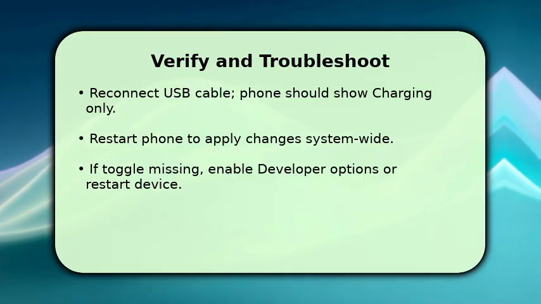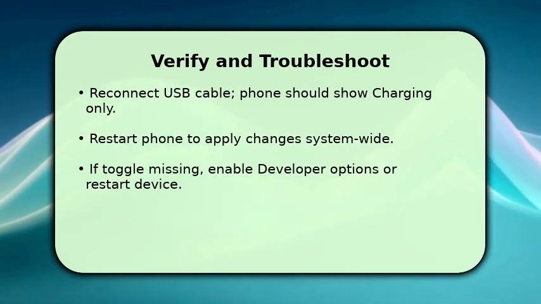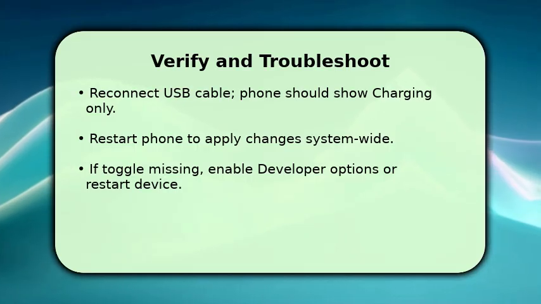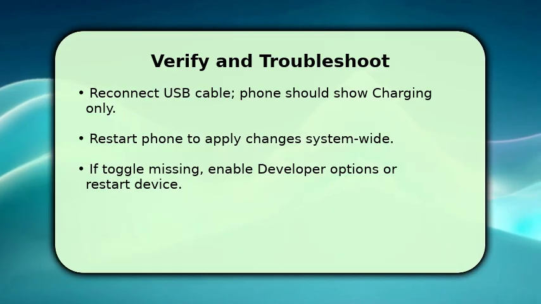If you still see debugging behavior, check Developer Options to confirm USB debugging remains off and revoke authorizations again. Troubleshooting tip: if USB debugging can't be toggled off or Developer Options is missing,